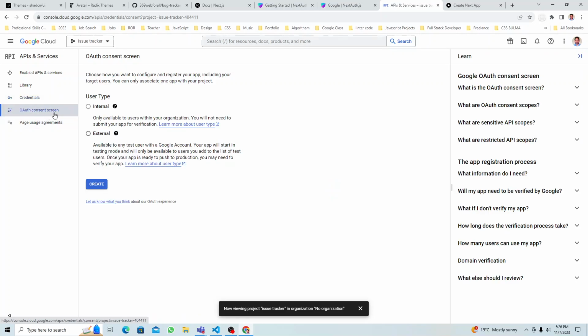Okay, so auth consent screen, if you click on this button and then click on external, right? Why? Because available to any test user with a Google account, and your app will start in testing mode, right? So external, because with external right now you don't have to verify your app to do login and all that, but in the future when your app goes for production, we must verify our app, follow some pattern here to make sure anyone can log in through their Google account to our app. So that is a little bit different process, but for testing you just click on external and create,